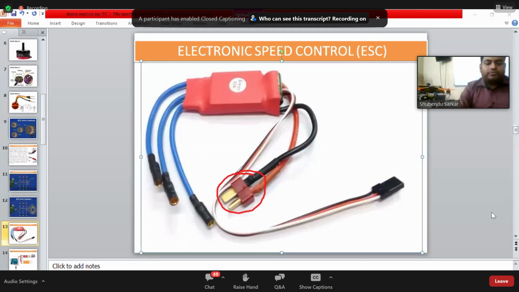So right now, we need to remove these connectors. We need to cut this connector, and we are going to put the wire directly to the circuit board. That is the method which we have to use, the soldering method. But let's understand the point first. This connector is used for getting the power from the battery. So it means we are going to put